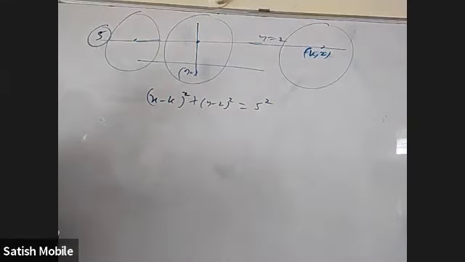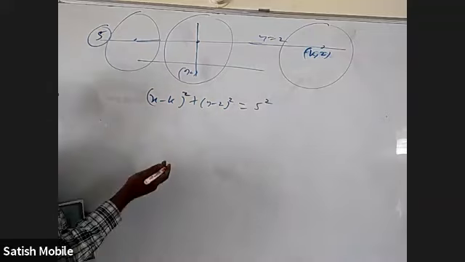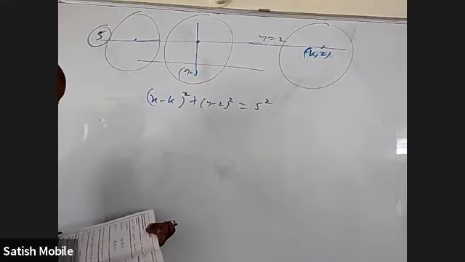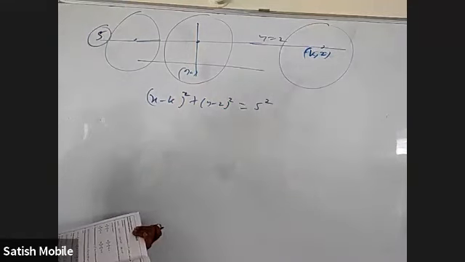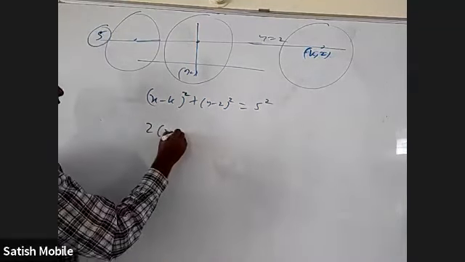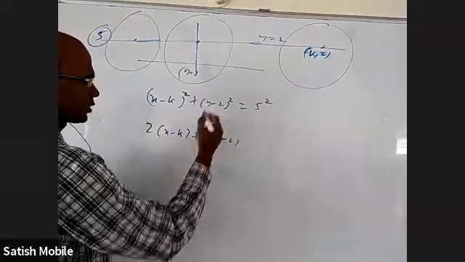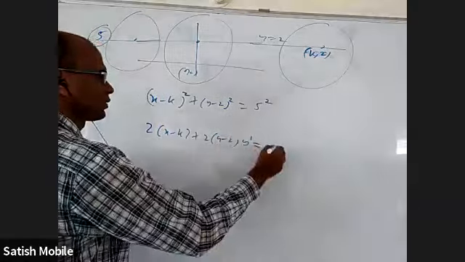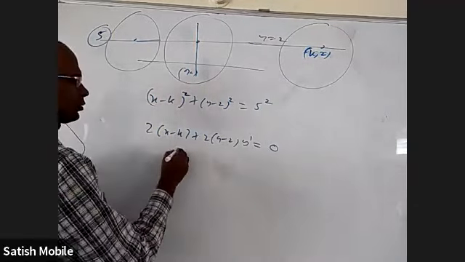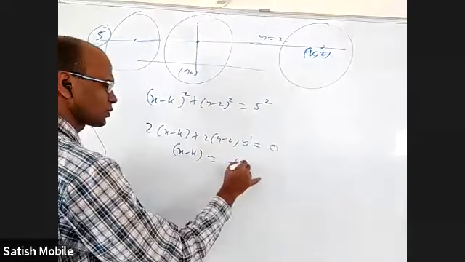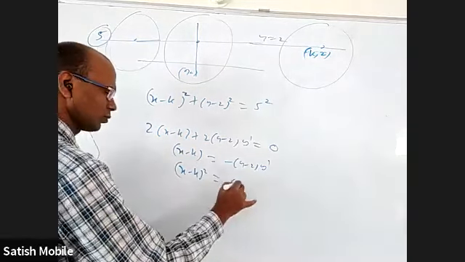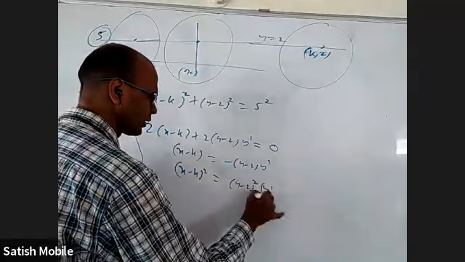So to do this, shall we differentiate directly? First of all, see what it is like. Just directly differentiate and see what happens. 2 into (x minus k), plus 2 into (y minus 2) into derivative y dash, and this derivative is 0. So just find x minus k from here, put it back, and it is gone. So x minus k is equal to minus of (y minus 2) into y dash. And square it: (x minus k) whole square is equal to (y minus 2) whole square, y dash whole square.